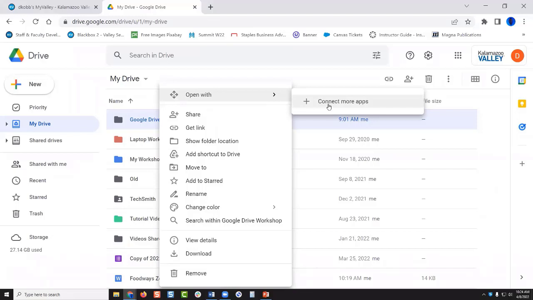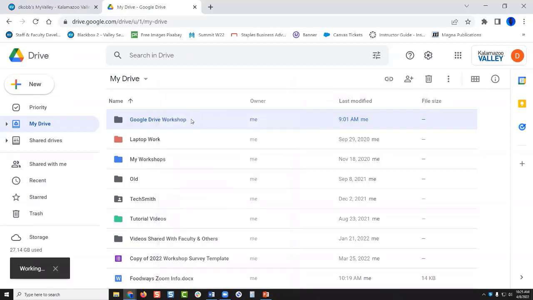So if I had like 3 applications that could view images, I could decide which of those image applications I wanted to use to open up this image file. That's not the case in this scenario right now, but that's an example of what you might use the open with for. And then we have share.